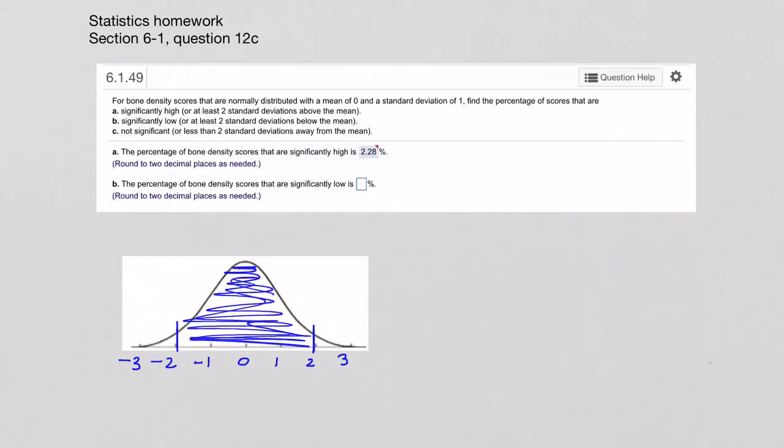The nice thing about sketching the distribution is that you get an idea, is this going to be a large probability or a small probability before you get started. So I'm going to put in normal CDF, and I go from -2 to 2, and then my mean is 0 and my standard deviation is 1. And when I put that in, I get